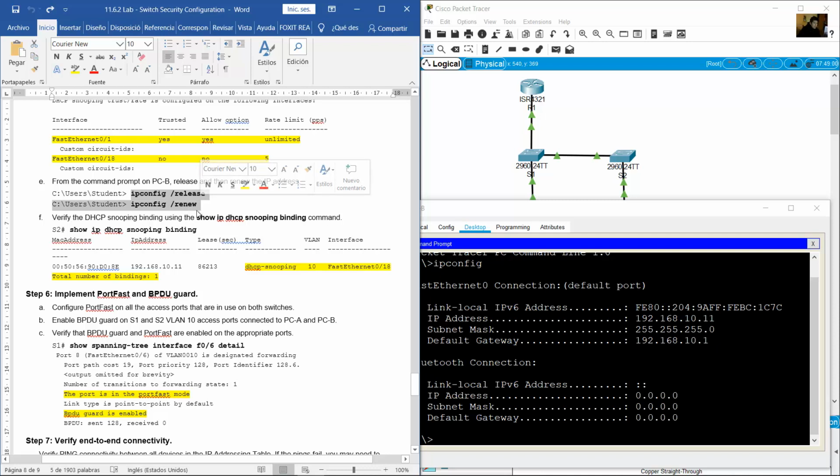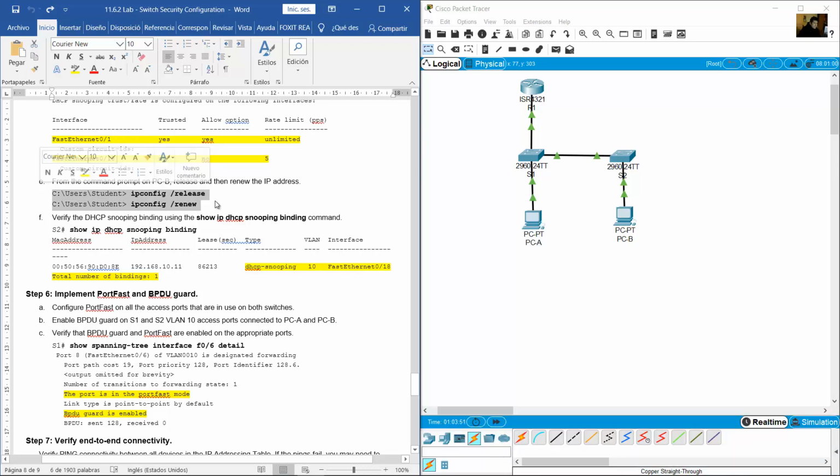Both commands work very well on Packet Tracer, but I will not do this because Packet Tracer does not support these commands when DHCP snooping is configured on S2. Okay, and don't worry about this. On real equipment, you can test this